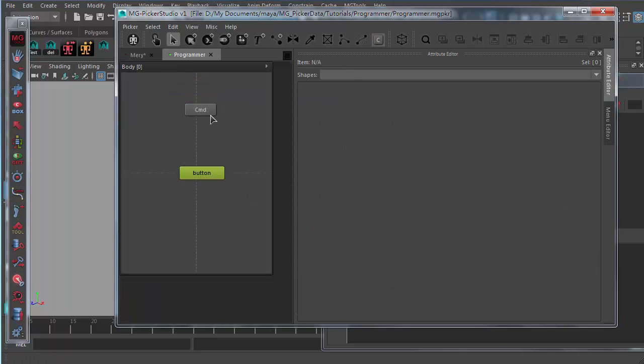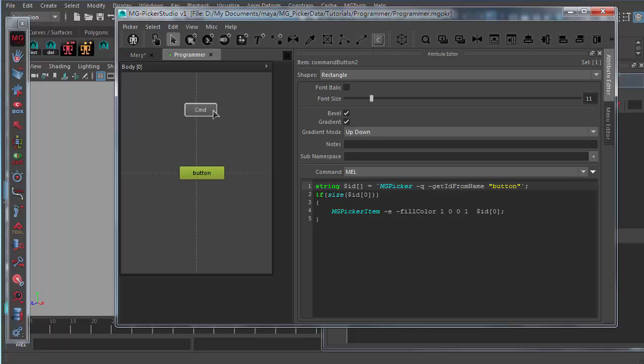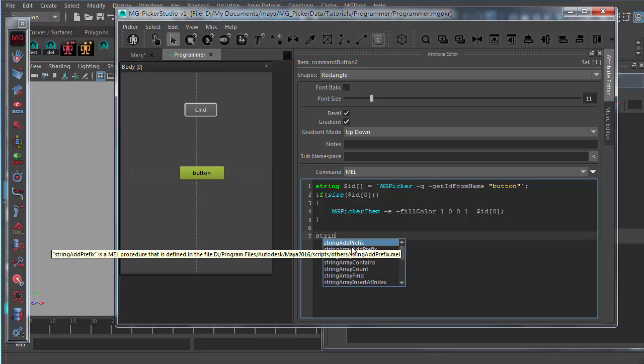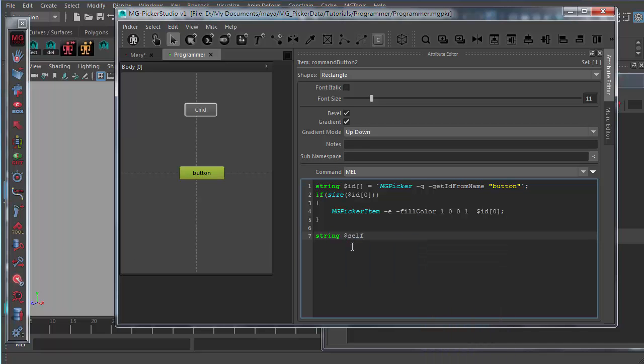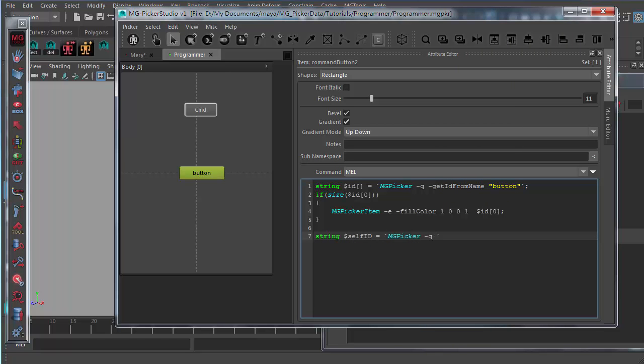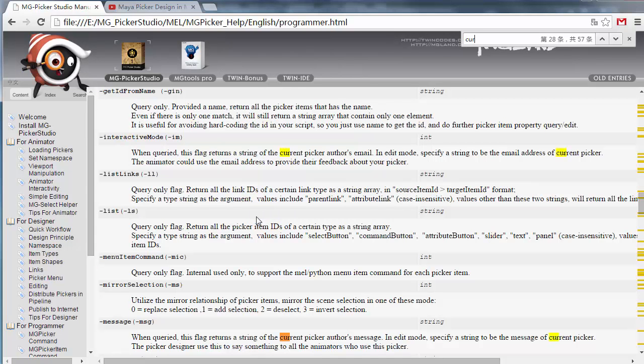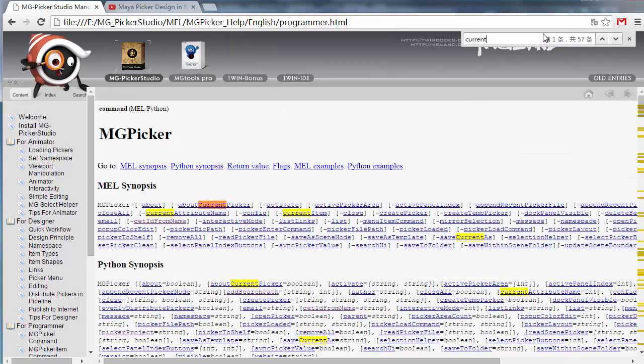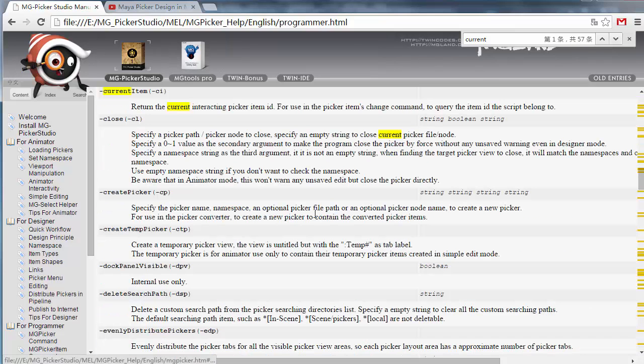Another tip regarding avoiding the hardcoded ID is that if you program in this script attribute in this picker button, you can use a command to query the button itself, I mean the ID of the button itself. So how to do that? You can just use the string self ID equals to MG-Picker query, and let's go to the document, searching for current, and there's a current item flag here, so we just copy it